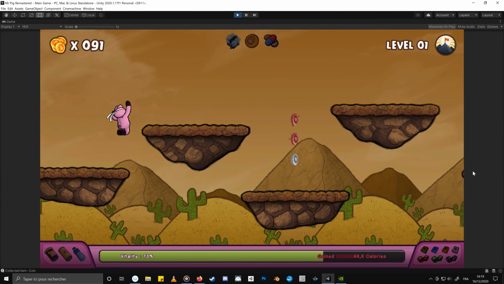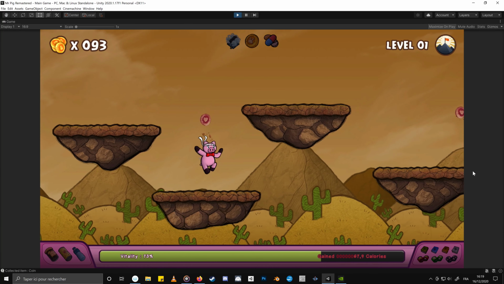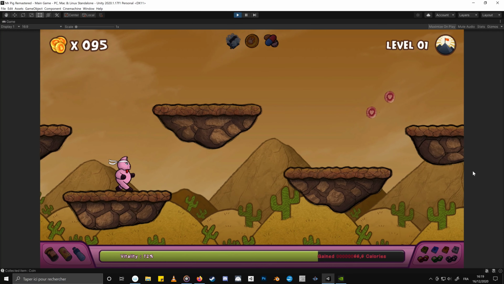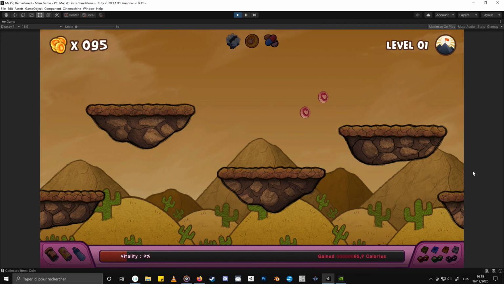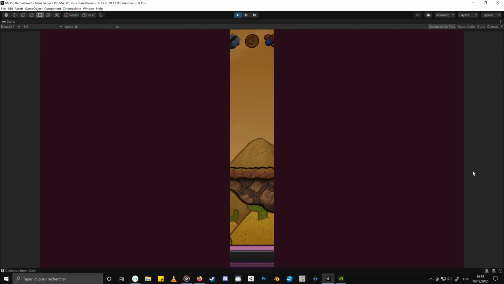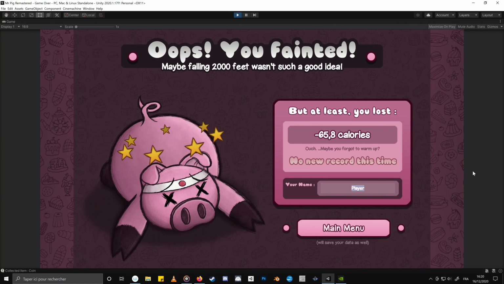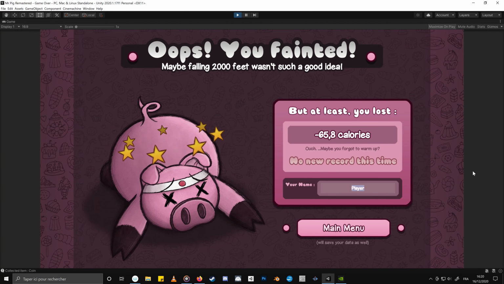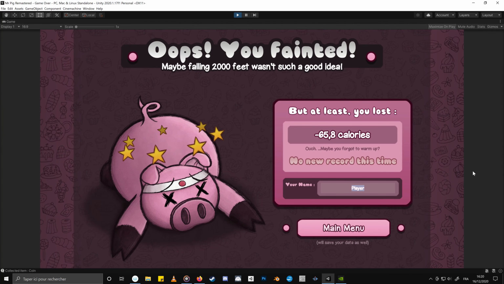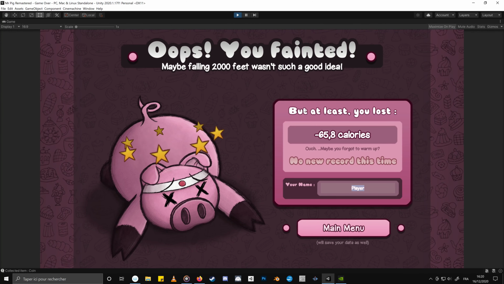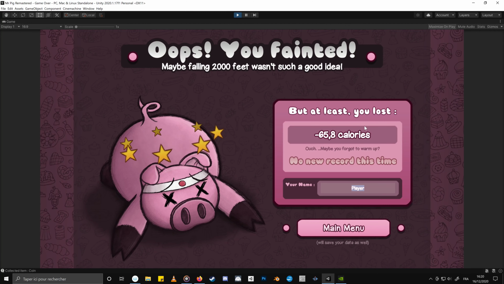Now, I'm going to commit suicide because I think you've seen enough. It's always the same platforms. It's not interesting. So I'm going to do a suicide. And right now, it's a little bit lacking in terms of animations. The screen will shake in the future. But right now, yeah, it just plays a little music, which you can't hear because I removed the sound in the options. But now I'm at the game over screen. They told me that I lost weight, and negative weight. So that's also going.